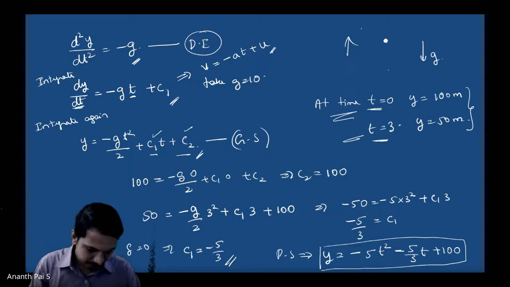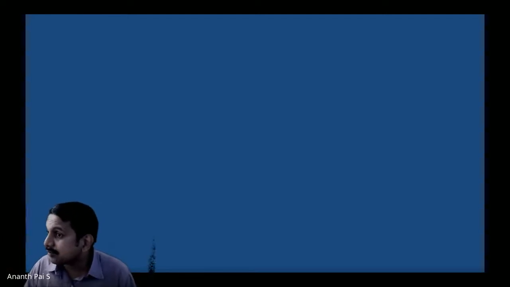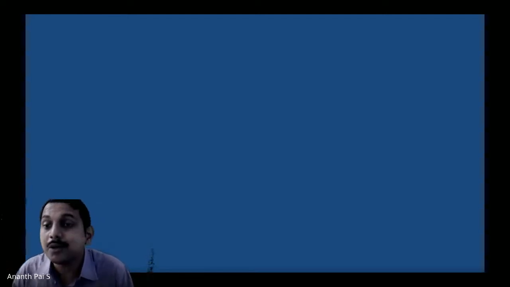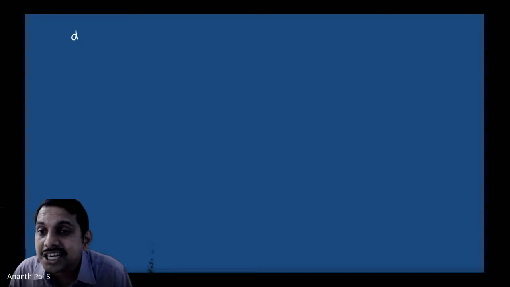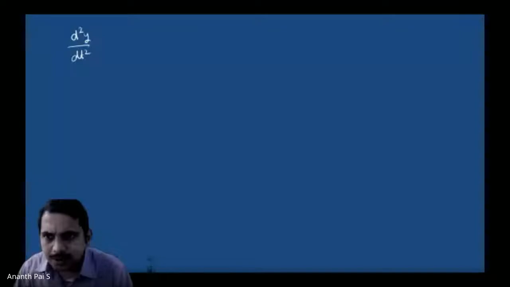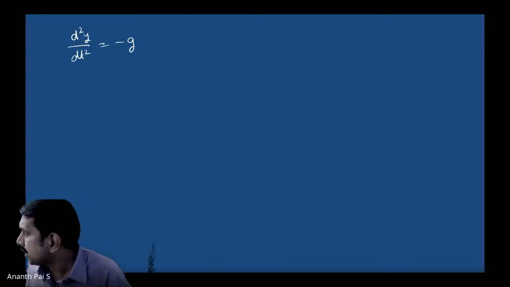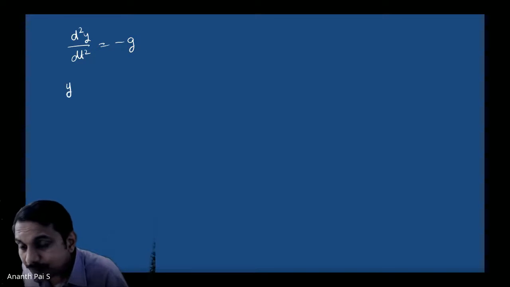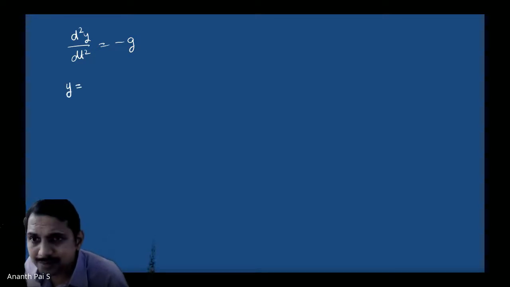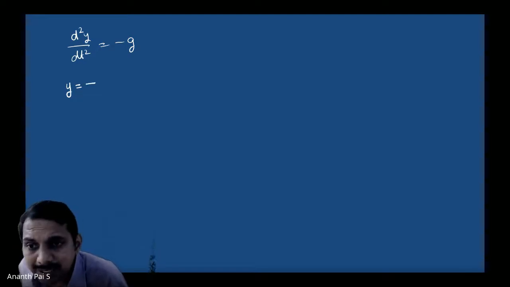Okay. Now next very important point. The same thing here can be told with d square y by dt square equal to minus g as the equation. Had I used y is equal to, for example, minus g t square as a solution,